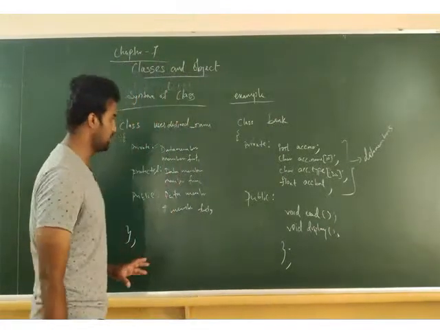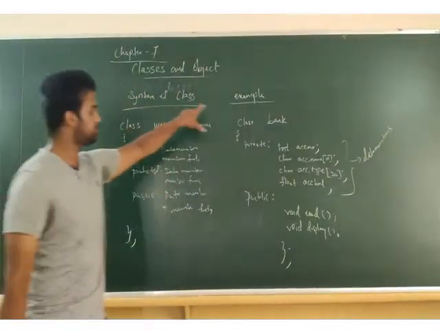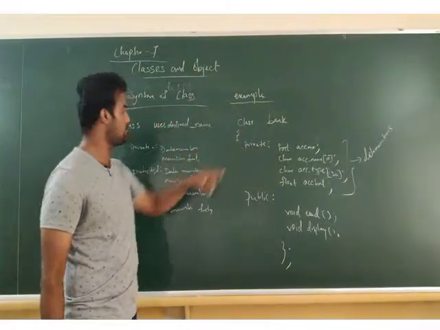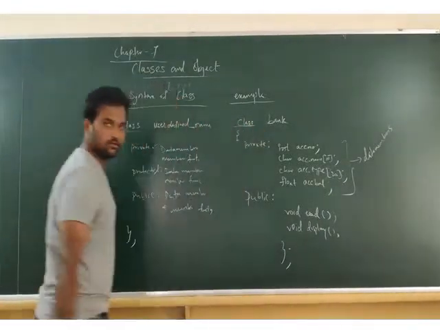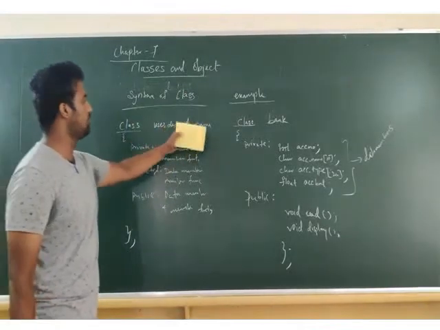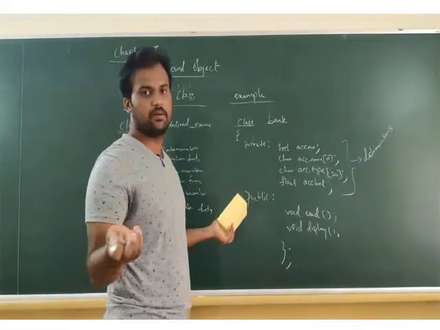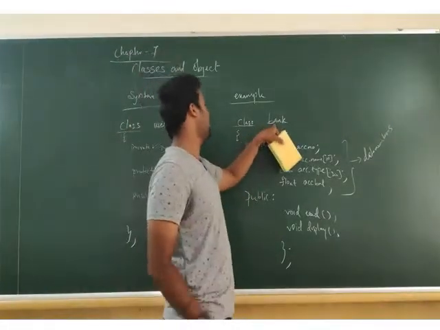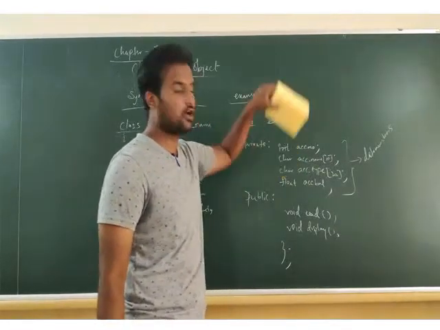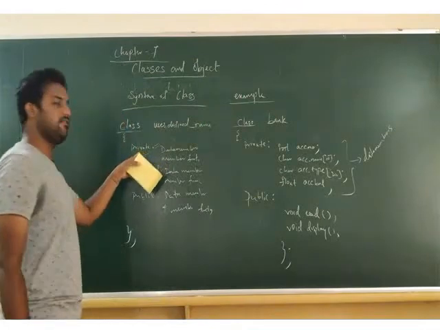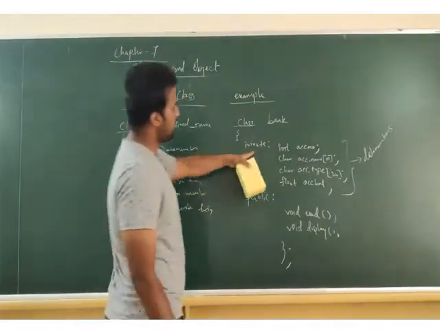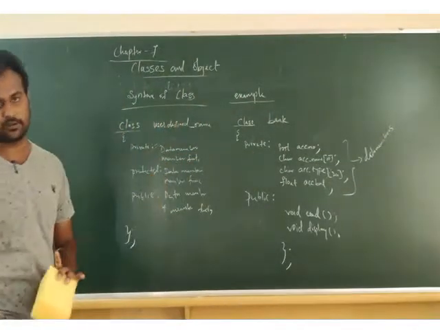See what we are doing here. Class. This keyword is compulsory, it must and should be there. Next comes the user defined name. Whatever name I give, it is my wish. I give my name, that is bank. Why? Because on the bank statement we are writing. Next comes private. In private we can write data members and member functions both.